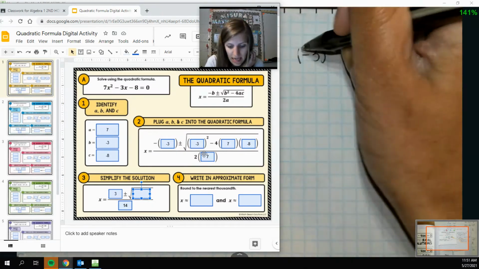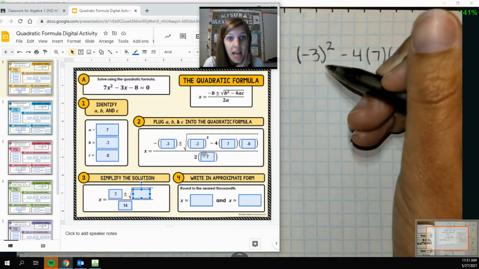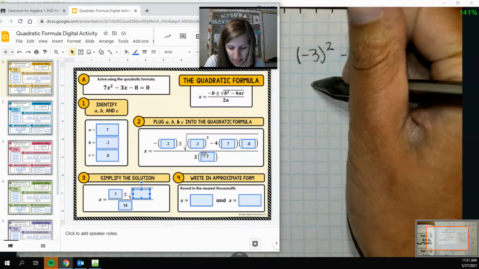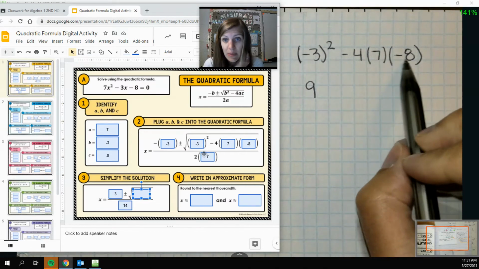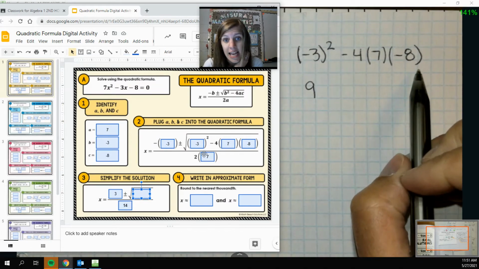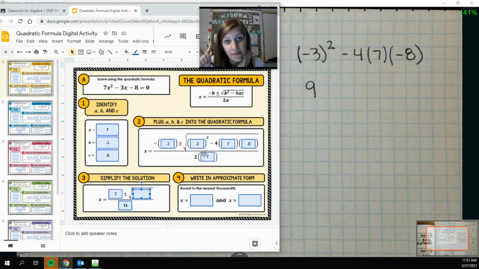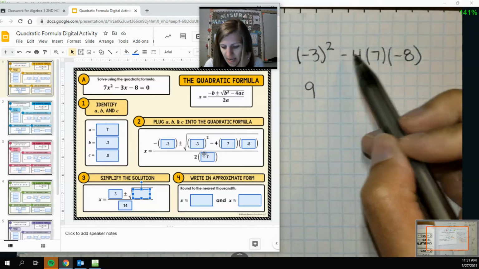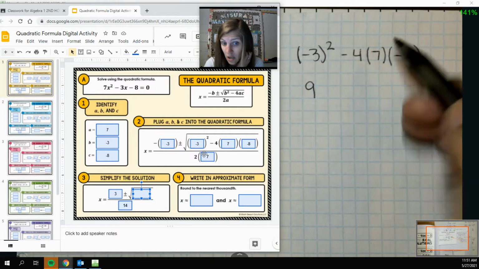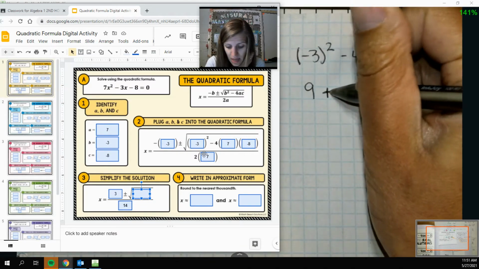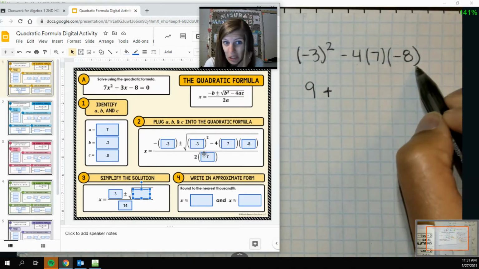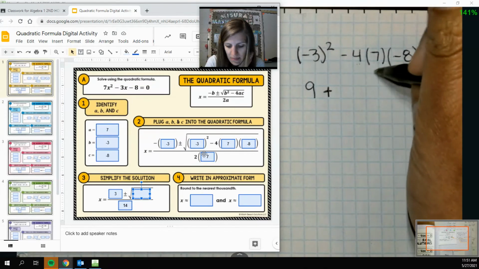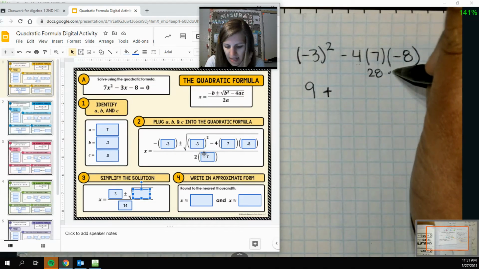Okay, so what we talked about in class today was we need to square this first. Any number squared is always positive, so +9. Then we need to go multiply all these numbers over here. And I like to multiply in 2 steps. I first think, is it positive or negative? And so I have one negative here, one negative there, making it overall positive. So plus, and then I multiply the numbers. And we have 3 numbers here that we're going to multiply. So 4 times 7, and then times 8,